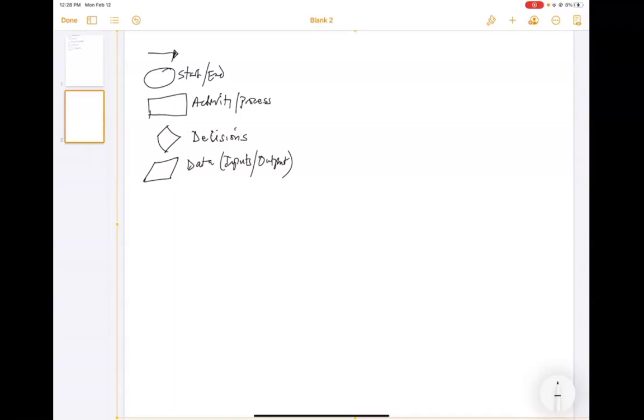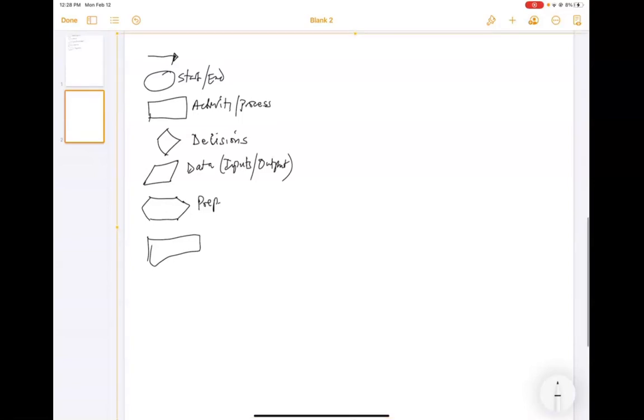And then we can have preparation. So that symbol will be for prep or preparation. We can have a symbol for documents. So that's document